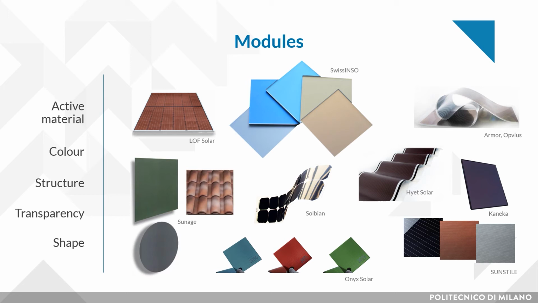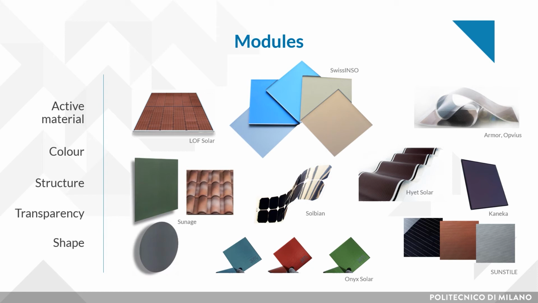One aspect that immediately arises is the multiple colors of the modules. The modules are not just blue anymore. They are red, black, brown, green, white, transparent. We can modify the color by printing or adding additional layers. We can act on the front material, for example, coloring the glass itself. We can use colored active PV material, for example, colored cells or backsheet. You can see that a wide number of colors can be achieved.